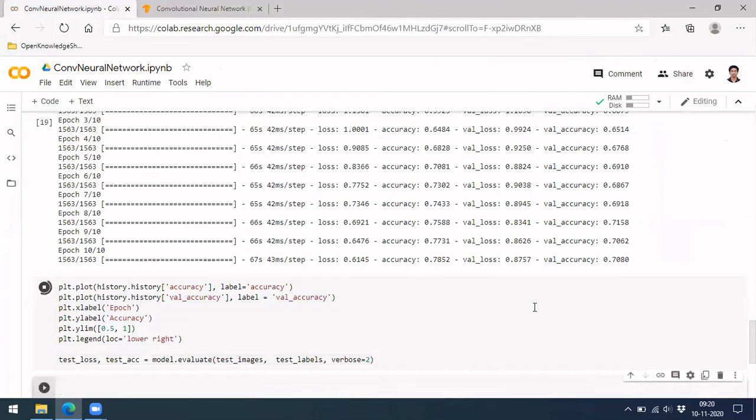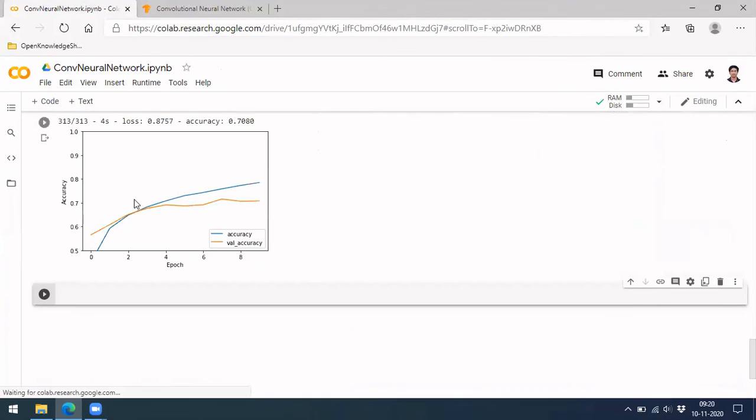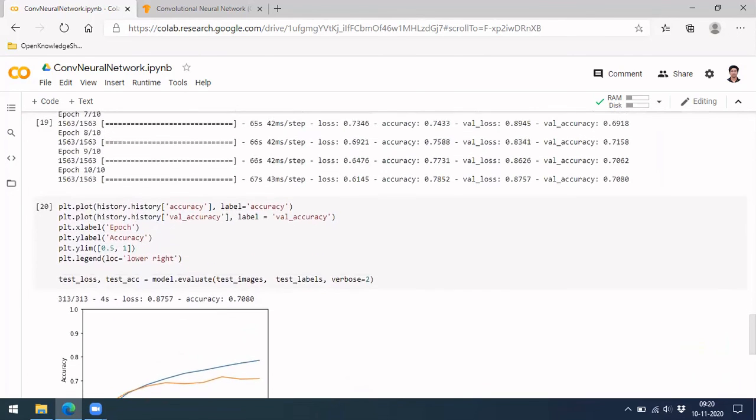This is for accuracy, both training and validation accuracy. Your train accuracy is this blue, and your test set accuracy is this orange. Both are going decently. This is quite acceptable given the quality of your images.